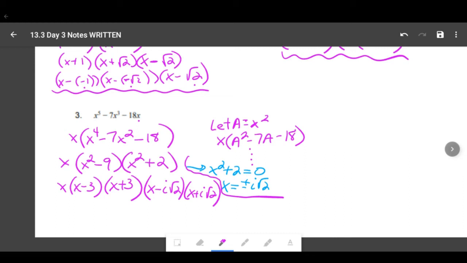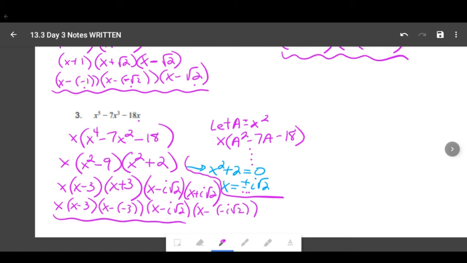So I'm going to take one last step. I'm going to say x minus 3 is all set. X plus 3, if you remember, comes from the root being negative 3, so I write it as x minus negative 3. This one is all set, x minus i root 2. And this one comes from the root being negative i root 2. And so all 5 of those